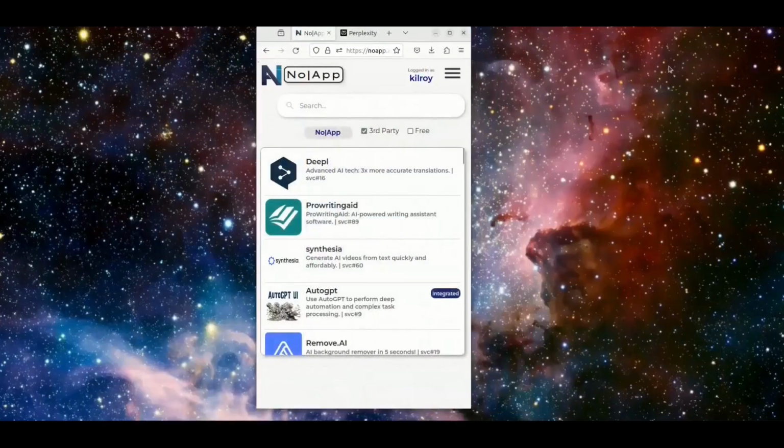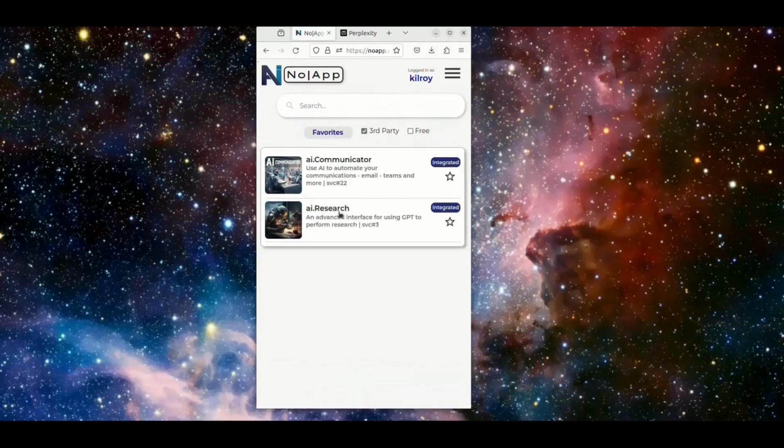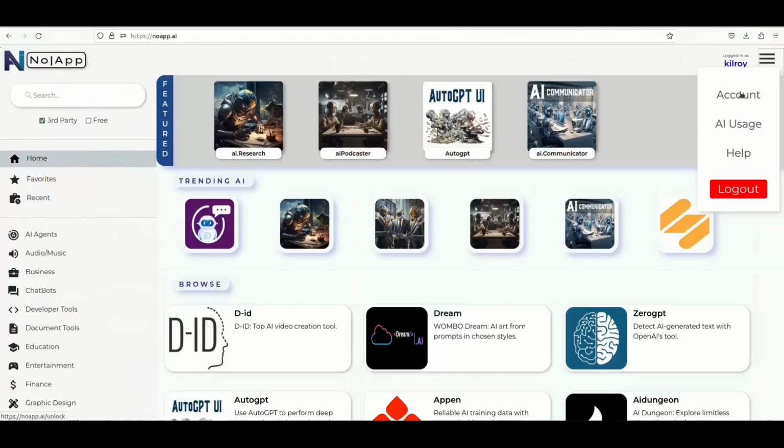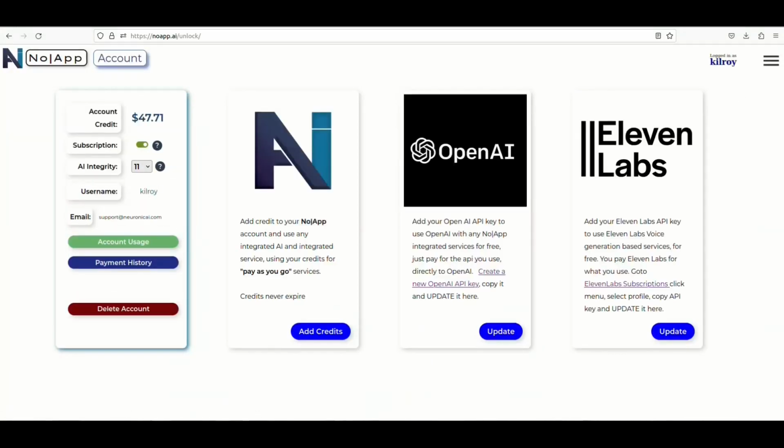Also on Mobile View, we see it's pretty much the same thing. We can click the drop-down to choose between favorites and recents and such. Here under the Account button, you can see your current balance if you are using the Pay-as-you-go option. The Pay-as-you-go option allows you to add credits, and then as you use AI, the credits are subtracted from your